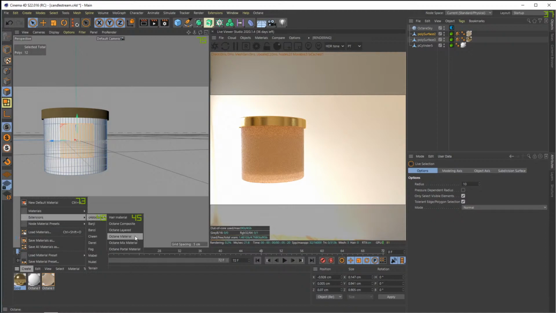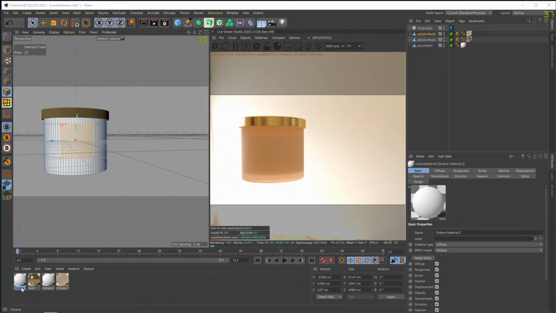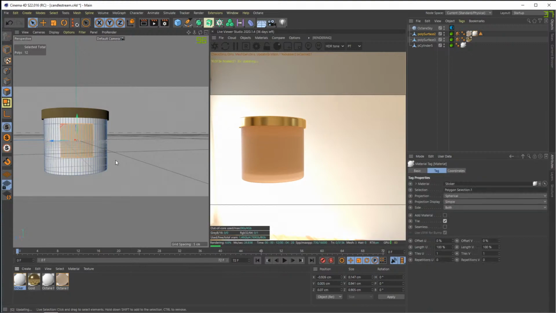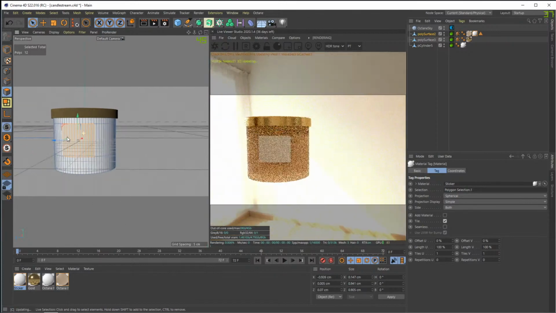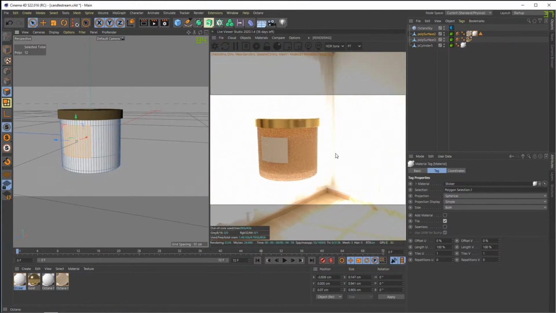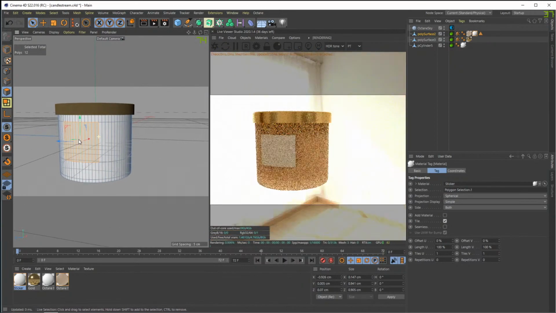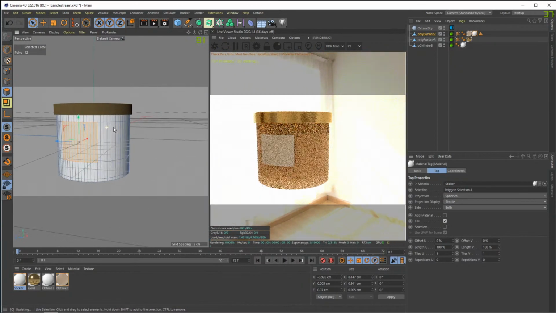So I'll create another material, name it sticker, and place it here. All right, and immediately we see that it's not quite the size I want,